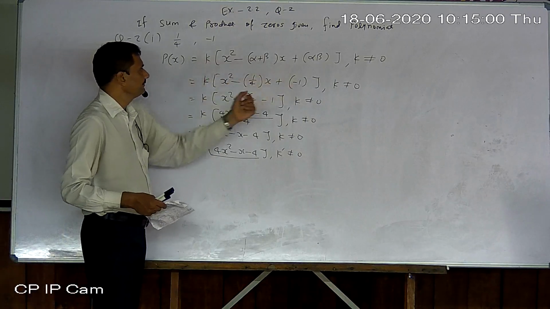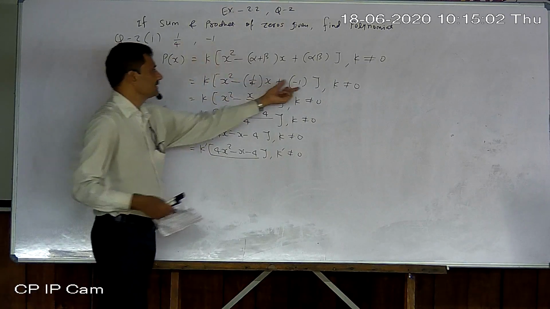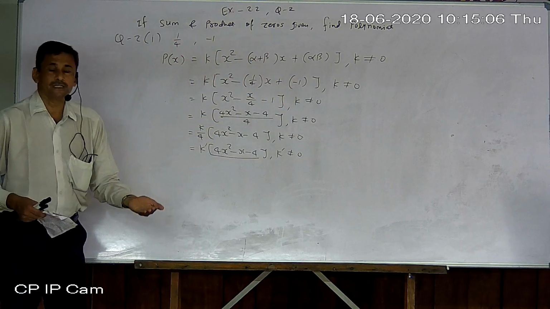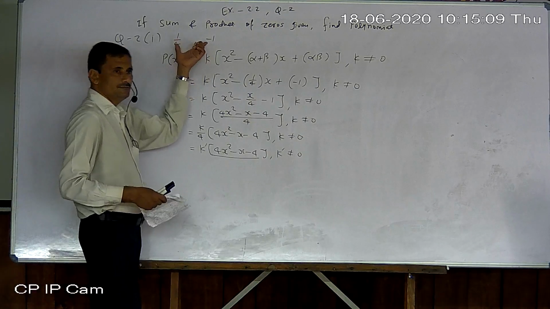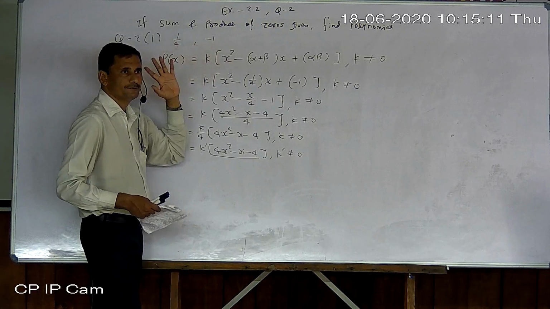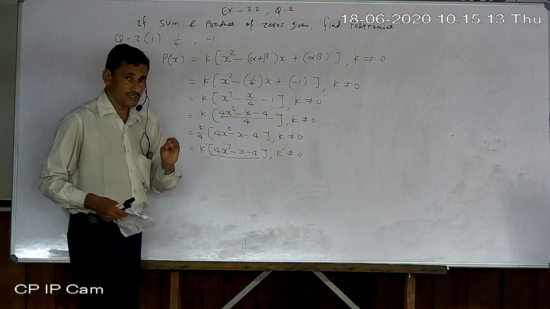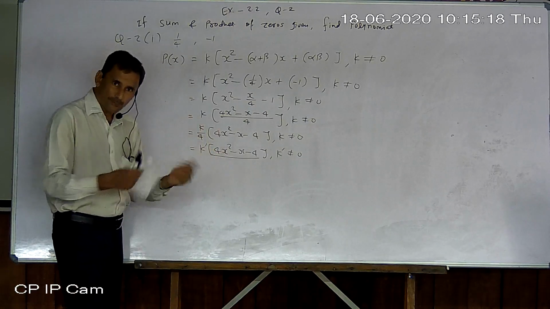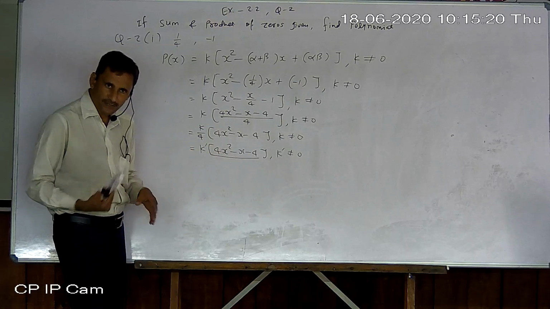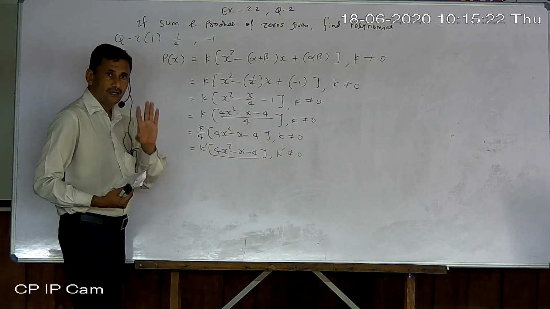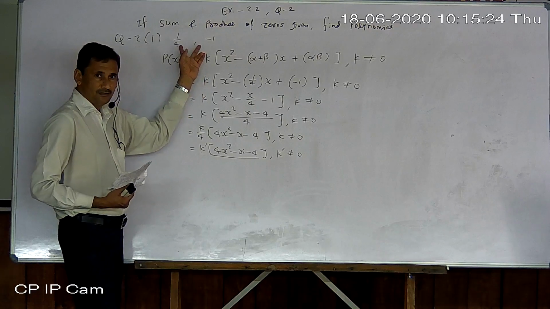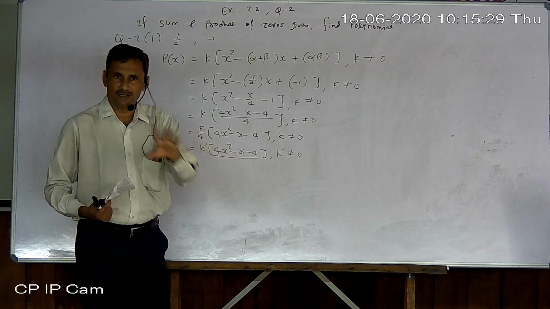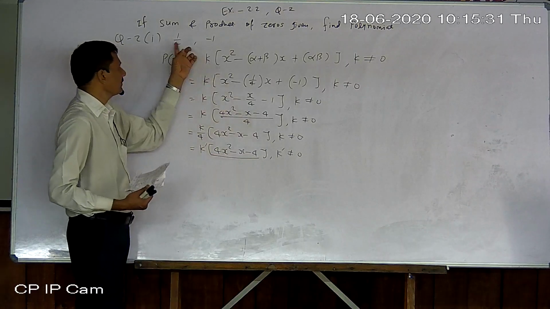Just remember. Now place the value of sum and product. They have given that the sum and product of zeros are given respectively, meaning sum, product. And understand and read the statement carefully. If it is given in quite the opposite way in the exam, then understand and be aware. Suppose they have given product and sum of zeros respectively, then understand this is product and this is sum.